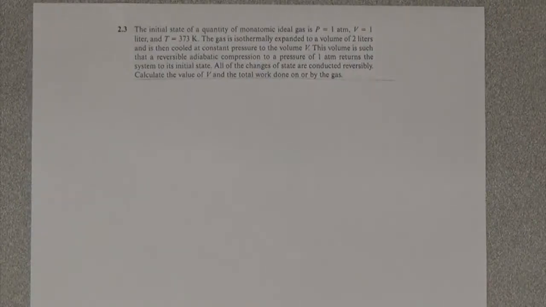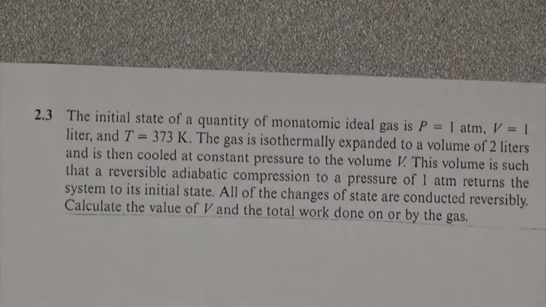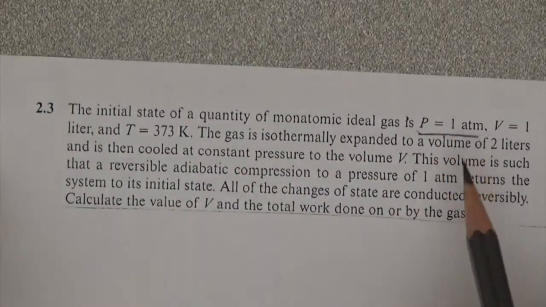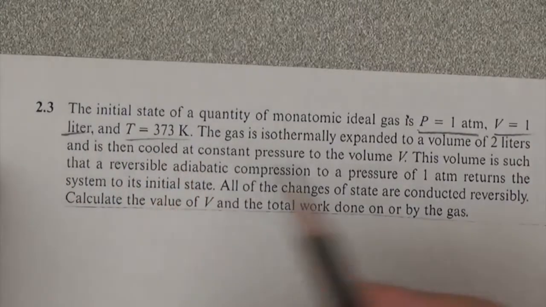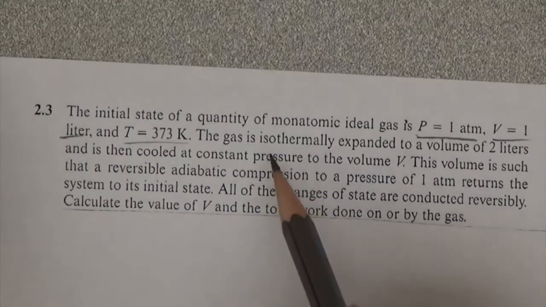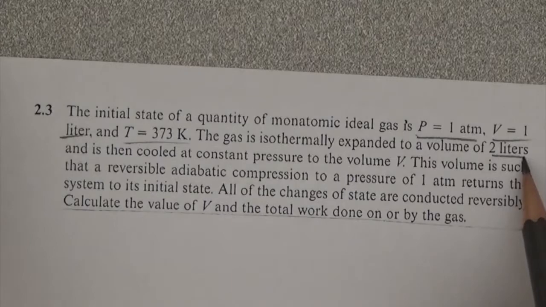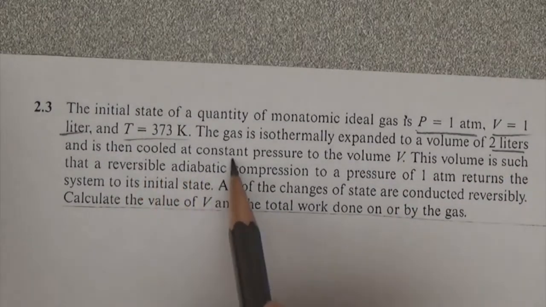Problem 2.3. Problem 2.3 says that we're given the initial state, so 1 atmosphere pressure, 1 liter volume, 373 K, and we undergo an isothermal expansion to 2 liters, and then after that we cool it at constant pressure